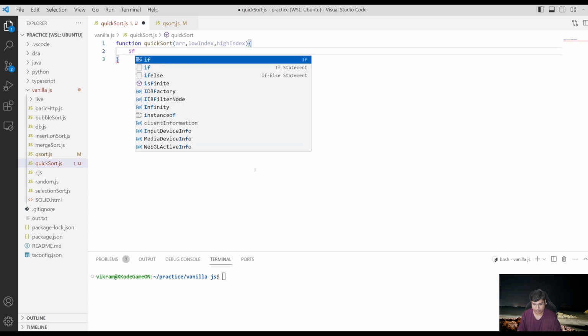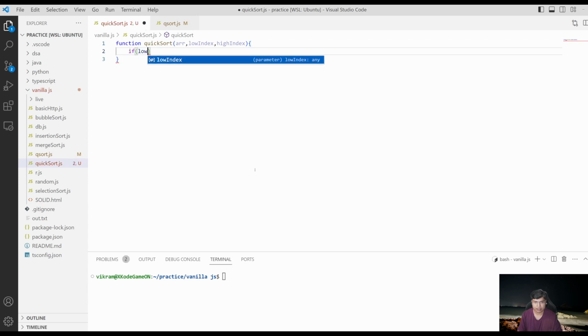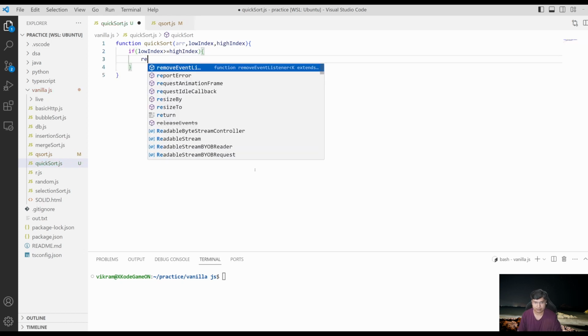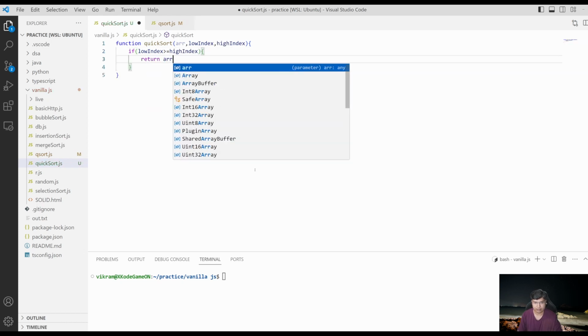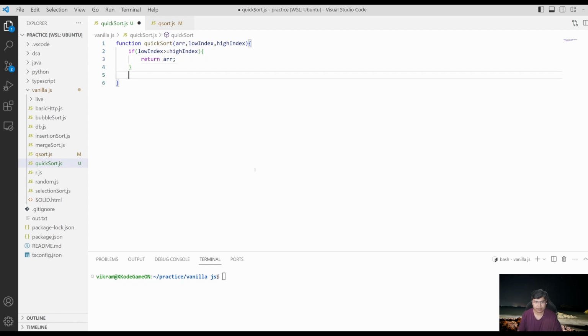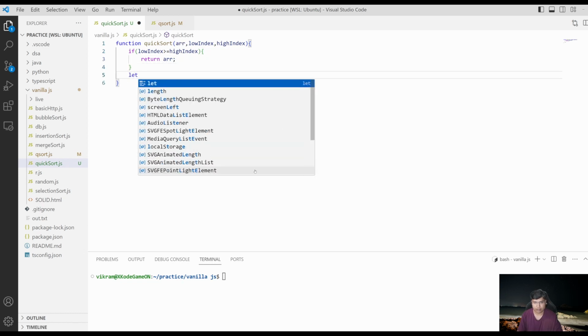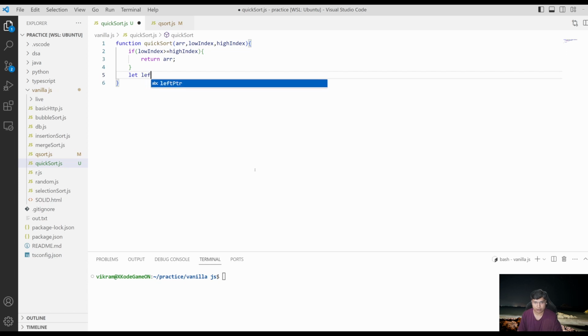Then what is our terminal condition? Our terminal condition here is that the low index should not be greater than or equal to the high index. If it happens, then we return our array. Okay. Now, where do I want to start my left pointer from? I want to start it from the low index,